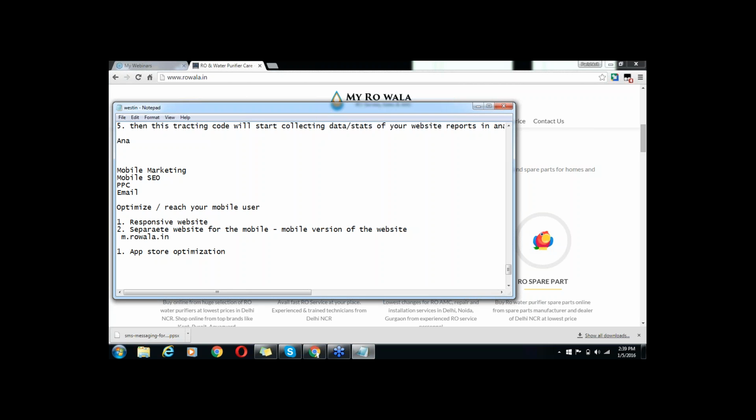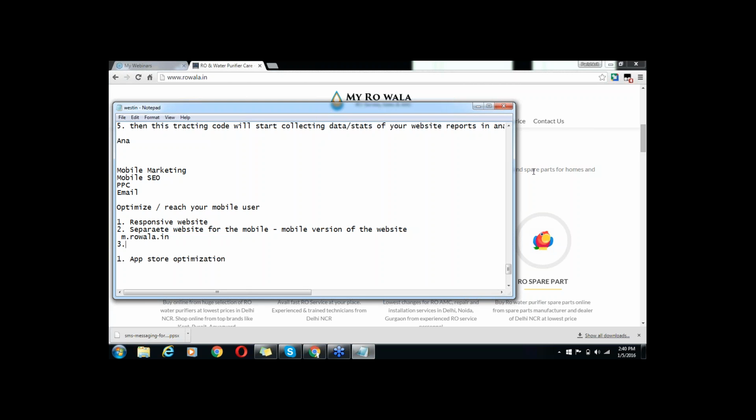Yes, exactly, very right, Satya. So if you are opening any website in your mobile and that website URL is changing to m.yourwebsite.com or m.yourwebsite.in, that means that website is managing a separate website for the mobile devices, and they have set up some redirection code. That redirection code detects the size of the device and accordingly redirects to the right version of the website, whether they have to open the web version or the mobile version. So if you have a responsive website, the next level of optimization you can do is by creating a separate mobile version of the website.